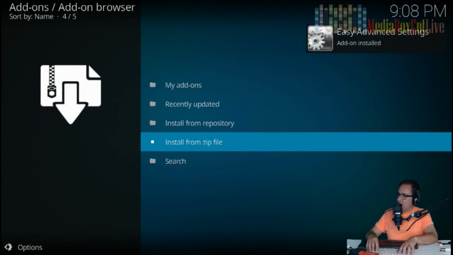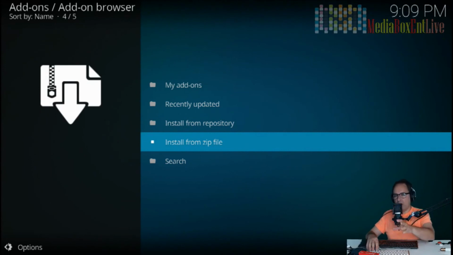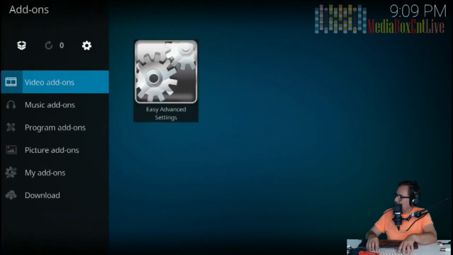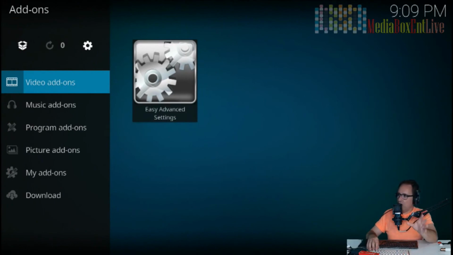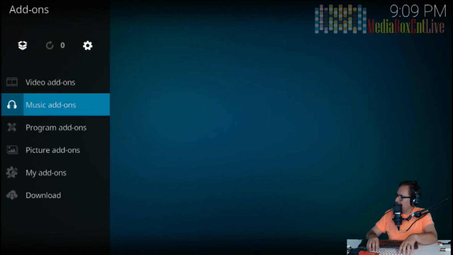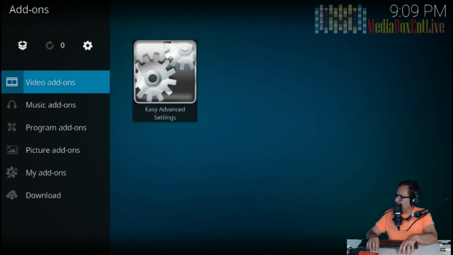So we got this running on the Raspberry Pi 3. Simple. The only requirement is Windows. I use a Windows. If you have a Mac, you can use a Mac. If you have a Unix machine, you can use a Unix machine. Okay. So we got right over there. Now I want Kodi to run nice and beautiful. Okay. So my add-ons,